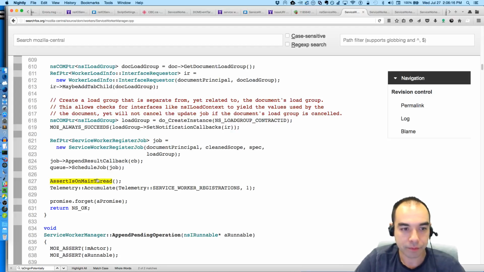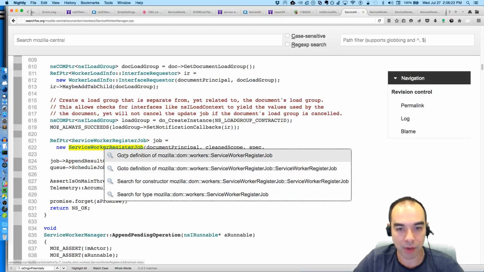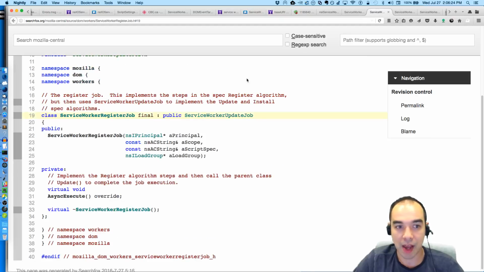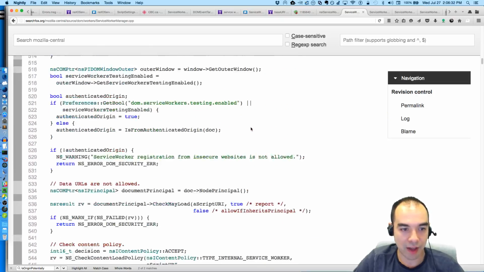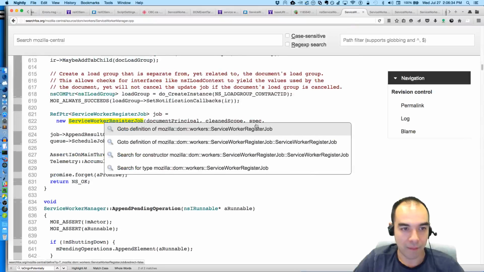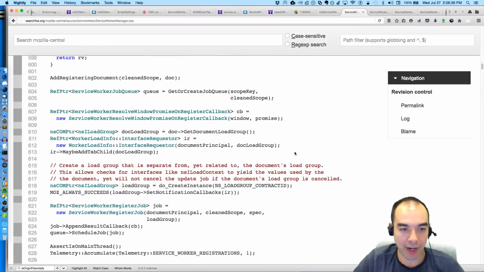Okay. What's next? Let's look at service worker register job. This is what's being put into the job queue. This is, I think, doing a lot of the registration again. Like there was a lot of validation, security stuff, and then a couple things were created and stitched together.